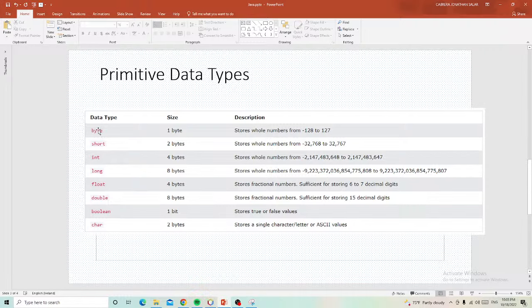So the byte data type will only accept an integer with the size of 1 byte, and then short is 2 bytes. This is the description and the range of numbers that can be accepted in each data type. Then int and long. Long is 8 bytes, and 8 times 8 is 64 bits. This is the longest integer data type.